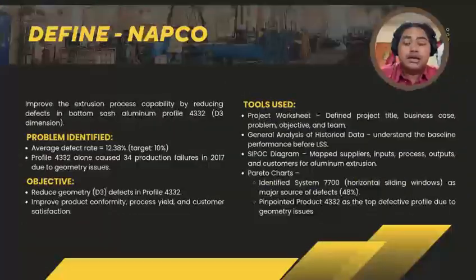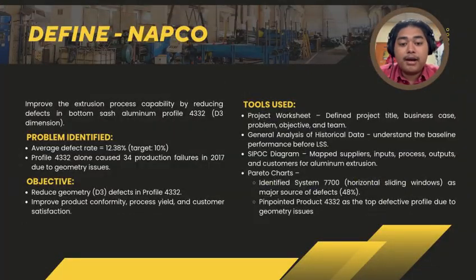In the define phase, Napco laid the groundwork by clearly stating their business case and project scope. They began with the project worksheet to define the title, the problem, objectives, and team members. Historical data analysis helped establish a baseline of their process performance before Lean Six Sigma was applied. Next, they used a SIPOC diagram to map out the key elements of their extrusion process, from suppliers and inputs